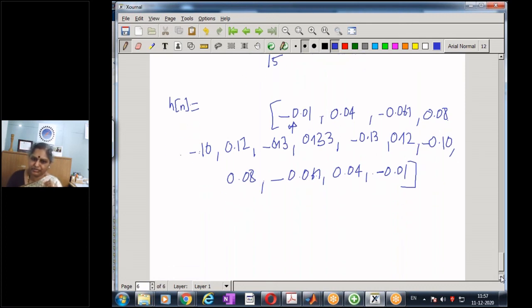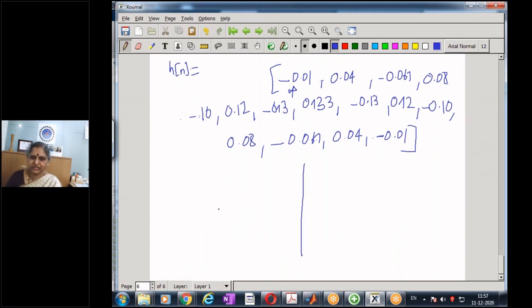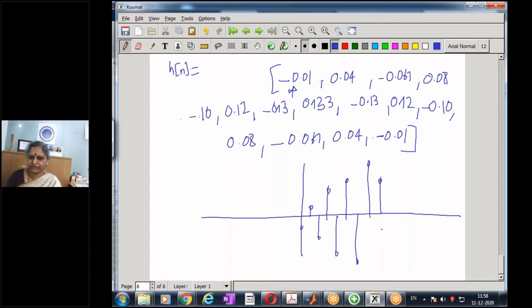So we have got the impulse response, and if I try to sketch the plot, we have seen that it is negative, negative, and then positive, and then a small negative, and then positive, and it is alternate, and there's an even symmetry in the coefficients. So it has a linear phase characteristic. Again, not drawn to scale, because we have seen the actual plot using MATLAB.